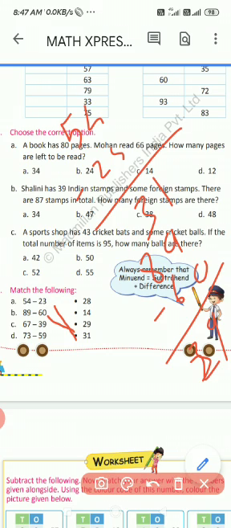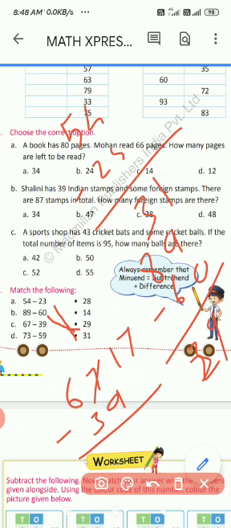Third number. Next is 67 minus 39. 9 minus, we can't subtract 9 from 7. This 7 converted to 17. This 6 minus 1 is equal to 5. 17 minus 9 is equal to 8. 5 minus 3 is equal to 2. 28. Okay. The last number, what is remaining? 14. So we will join D to 14 like this.